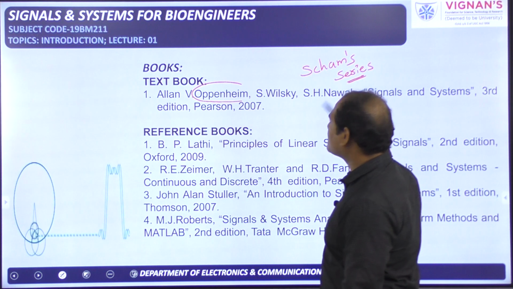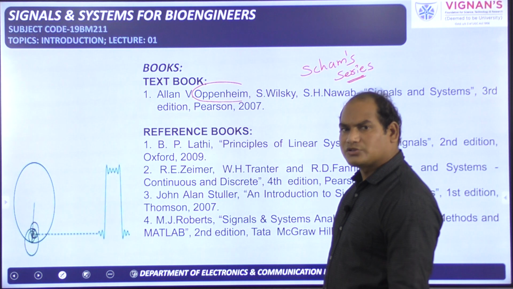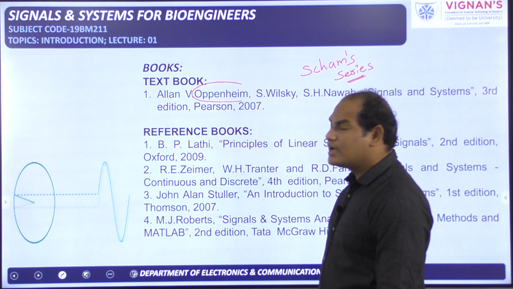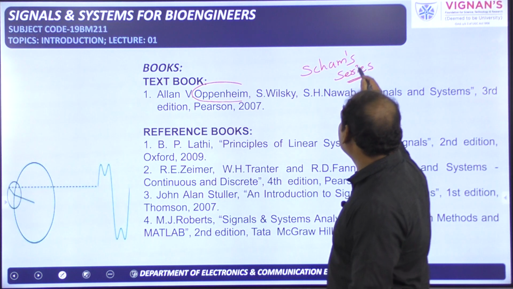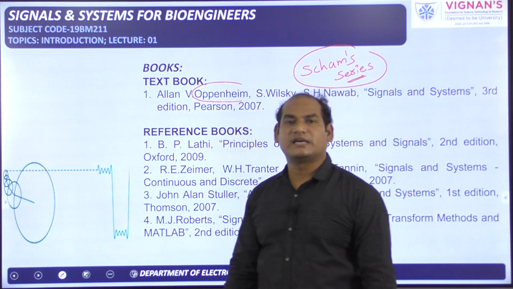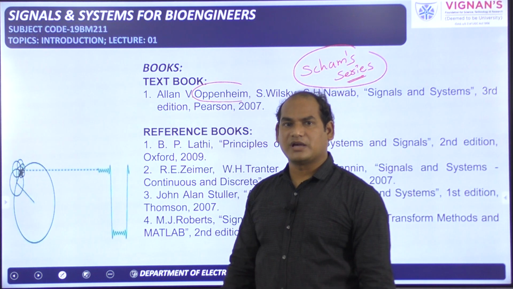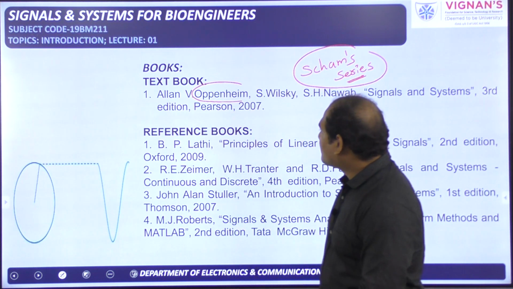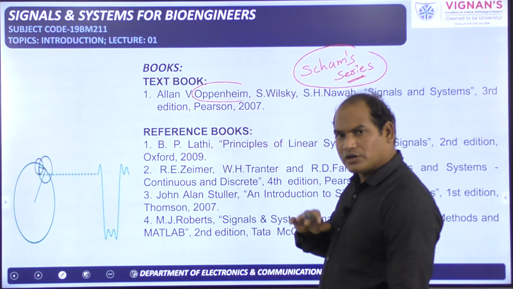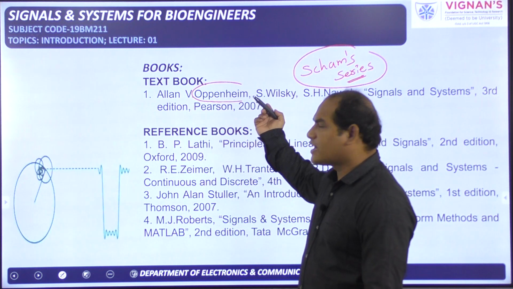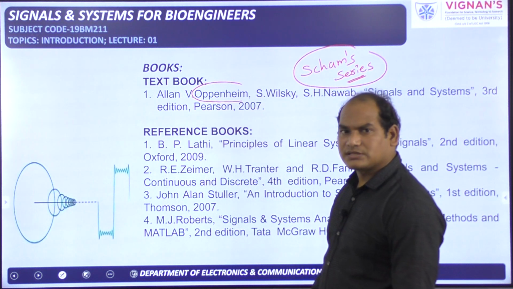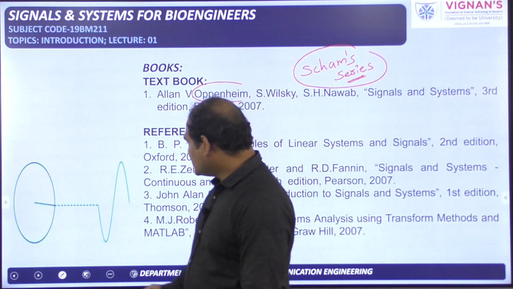Where the problems are very good. Signals and systems is totally a mathematical subject only, and you need to know how to apply integrals and all those things. So you can prefer this particular book, Schaum series, where a lot of problems will be there, and the important points will also be available. So after completion of this lecture, you need to practice from this textbook or any local author textbook first, next the foreign author standard textbook you need to follow. Then you can go for this Schaum series. Okay, then this is about the books.